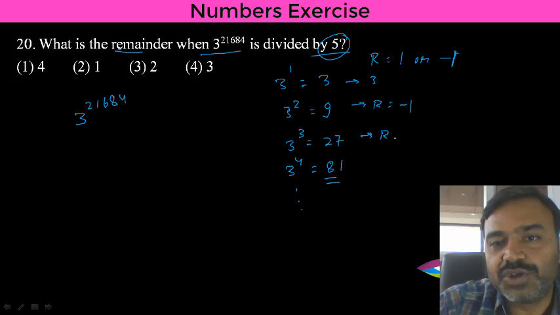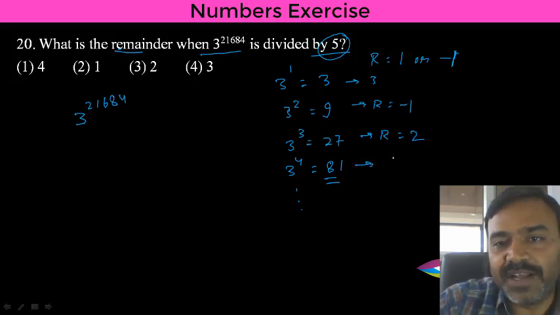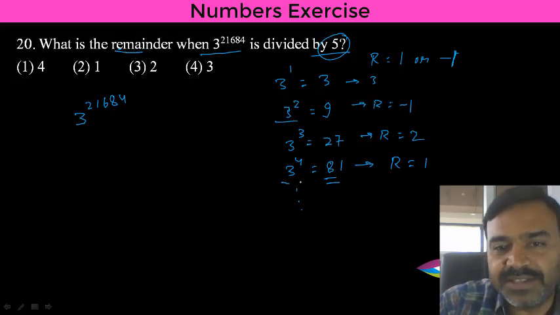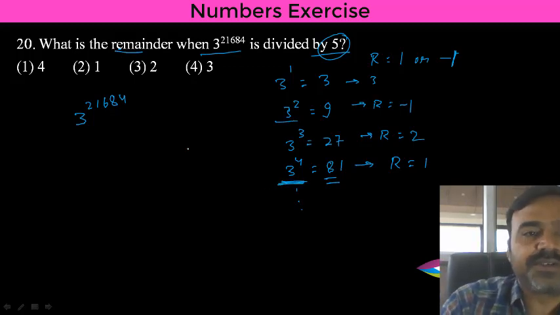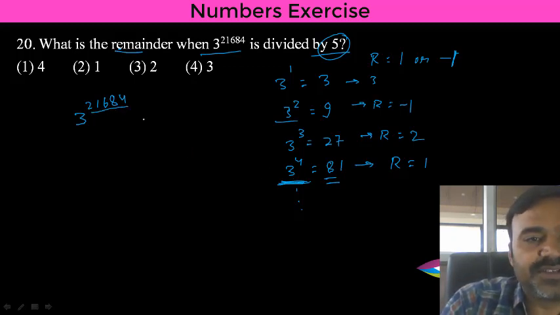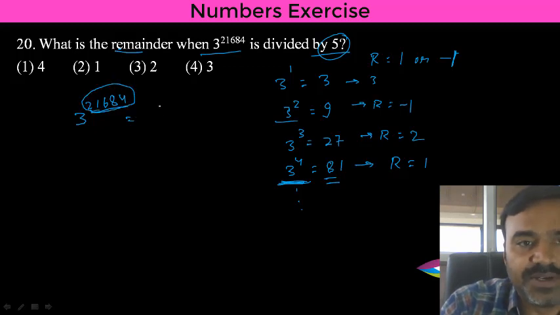27 divided by 5, remainder is 2. 81 divided by 5, remainder is 1. So either 3 square will be helpful to us, or 3 raised to 4 will be helpful to us. Let's use 3 raised to 4 first. If I convert this number as 3 raised to 4, it is very easy to do because 21684 has to be divided by 4 and it is divisible by 4. So 3 raised to 4 whole to the power,